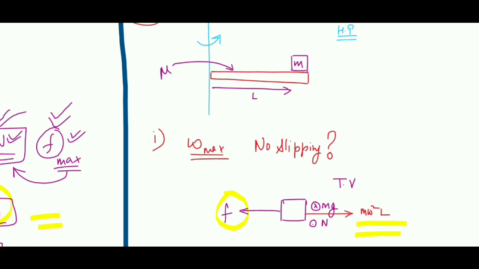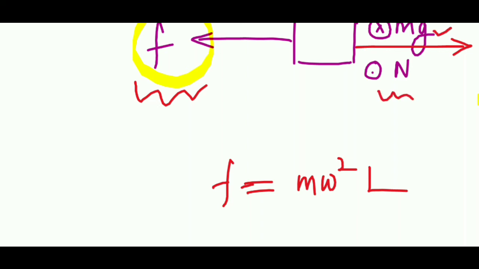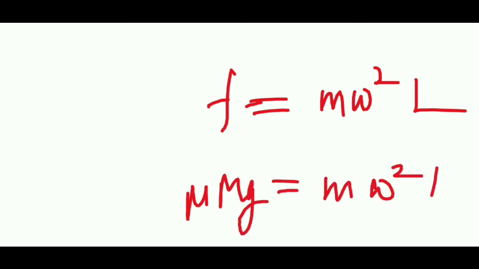it to this. Okay, after this friction will give up. So from here whatever omega we will find, that will be the maximum omega till which friction can hold this block. So I will simply write friction equals m omega square L, again capital L. You have to write capital L, and friction value will be mu into N. N over here will be equal to mg, because this box is not going inside the table or jumping off the table.